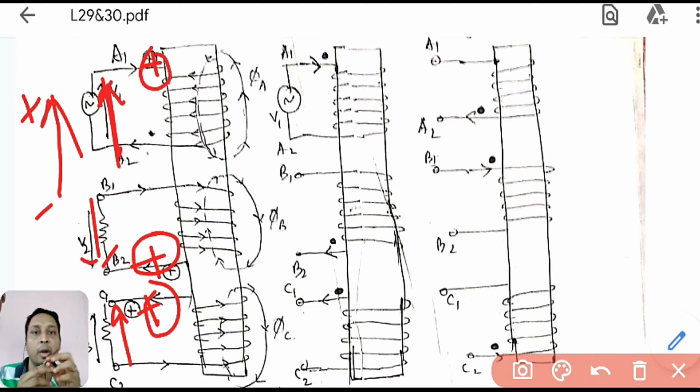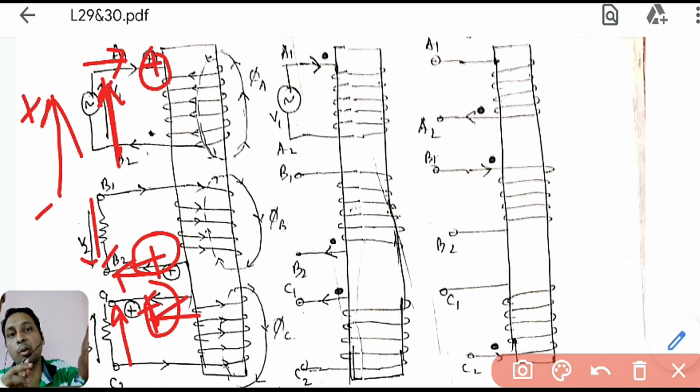This is also one way to indicate the winding connections: they mark only the plus polarities. So you can feel now how the connections will be inside. But you have to know that if current is entering the primary through the plus terminal, then in the secondary it should come out of the plus terminal. You can see this is also one secondary, the current is coming out of the plus terminal. So if plus plus is given in the exam or anywhere else, don't get confused. If current is entering the primary through the plus terminal, then in the secondary it should come out of plus.